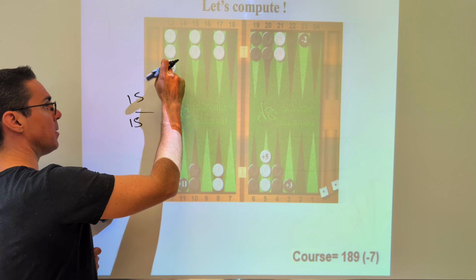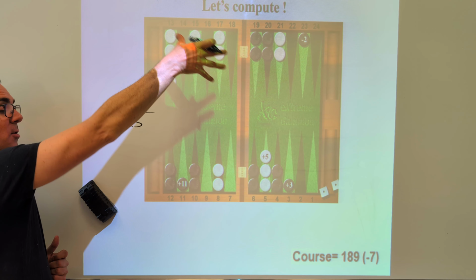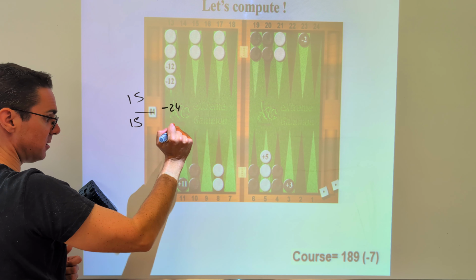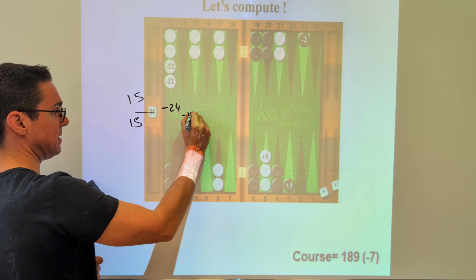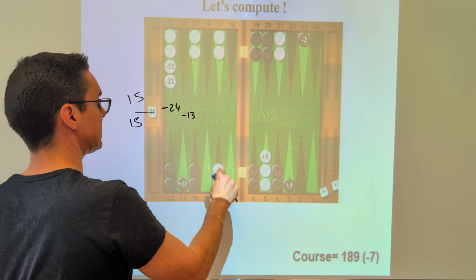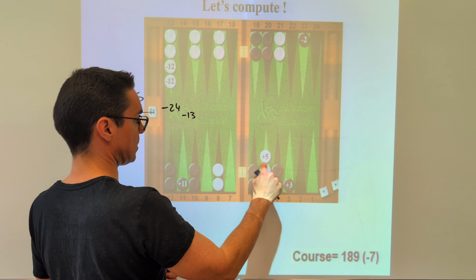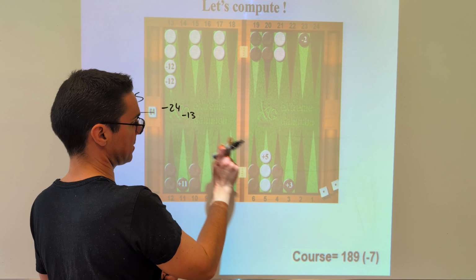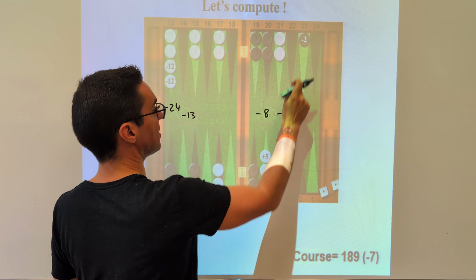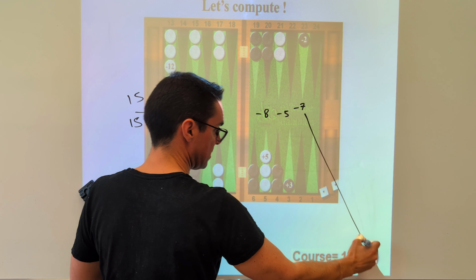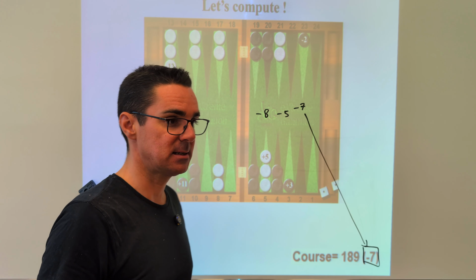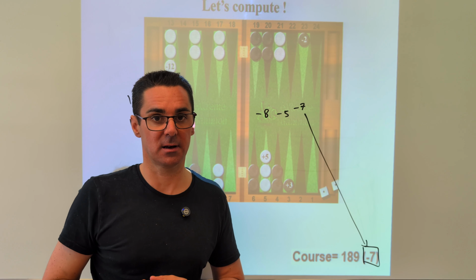So you do minus, because it's among the last 15 checkers. Minus 12 is minus 24. Minus 24 plus 11 is minus 13. Those 2 and those 2 are equal. They are not in excess. This one is in excess. And you do minus 13 plus 5 is minus 8. Minus 8 plus 3 is minus 5. And minus 5 minus 2 is minus 7. You have a pip count deficit of minus 7, meaning that your